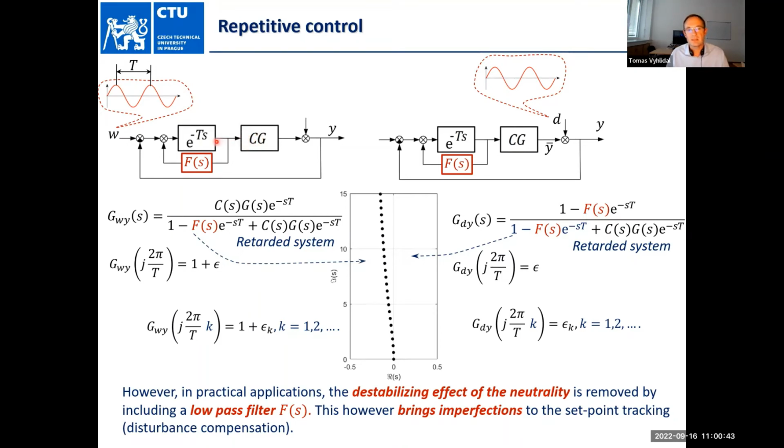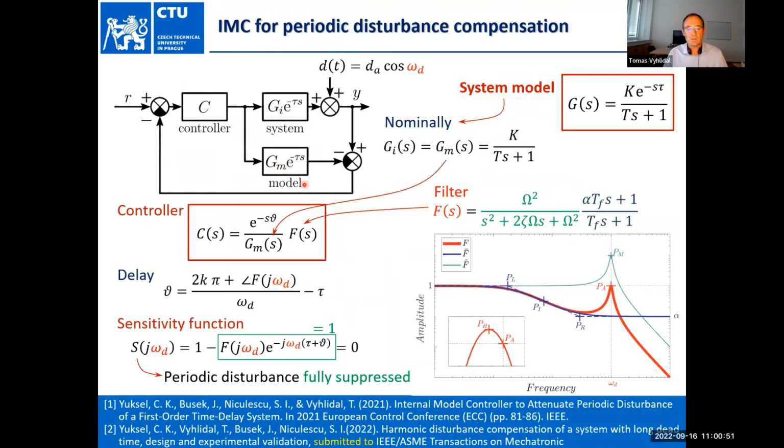Because then still we have an infinite dimensional problem to be solved. So as an alternative, we proposed to apply this internal model control scheme. This is done in a classical way: we assume that the system is described by a first order model plus dead time, which we have found out is suitable also for that hot rolling application,